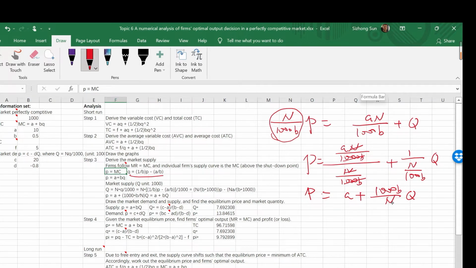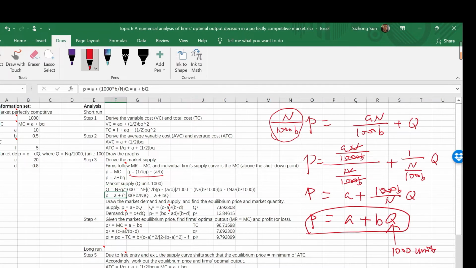We know that N is equal to 1,000, so let's plug the 1,000 there. 1,000 cancels out with 1,000, which is BQ. And you should know that now the supply curve is this function, but be aware that Q is in units of 1,000 units. So that's the supply curve, and you can also draw the market supply, market demand, and then equate the supply